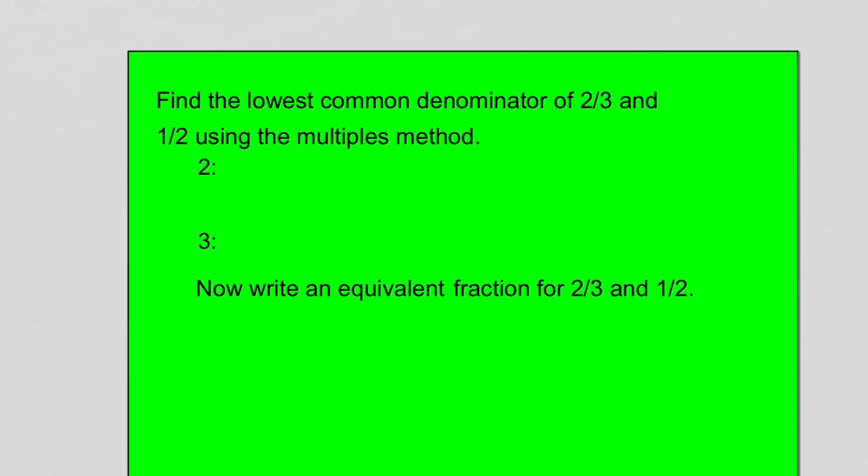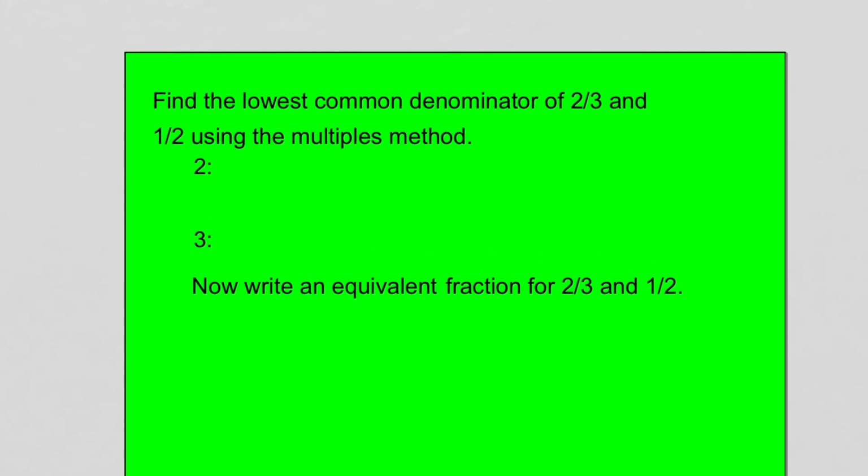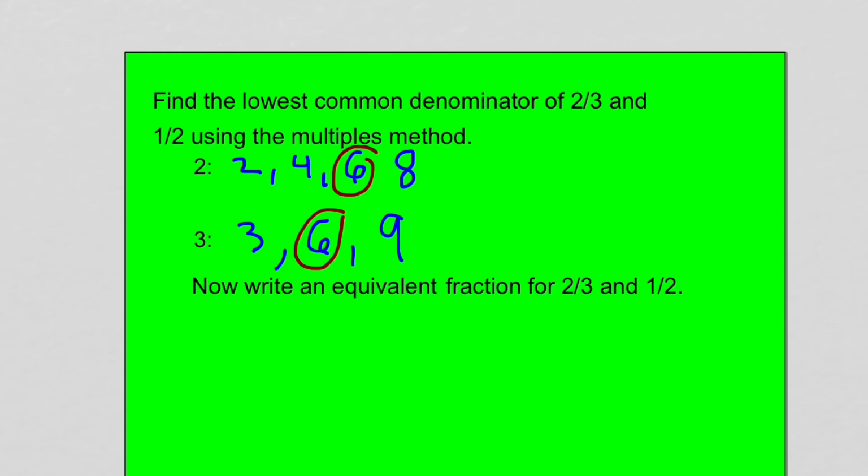numbers. Find the lowest common denominator of 2 and 3, 2/3 and 1/2 using the multiples method. So we skip counted by 2's, 2, 4, 6, 8. Do a few with 3, 3, 6, 9. But we don't have to go any further because we can see by skip counting the first multiple they have in common is the lowest common denominator. So we'd say, the LCD